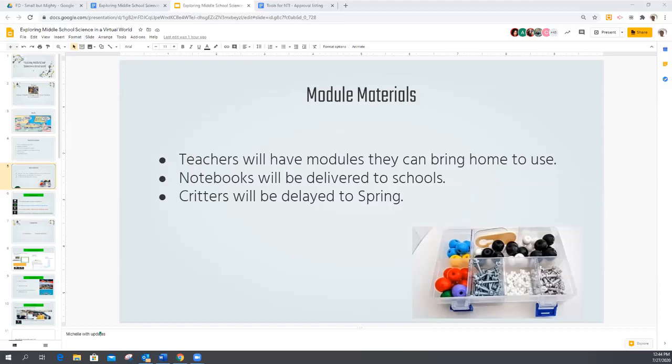The reason the email went out to principals this morning was just because they are anxious, as everyone else, to see what kinds of materials teachers will have access to. We did not allow modules to go home during our first round of NTI, so this is going to be a new adventure on our end as well. So we just ask for patience going forth.